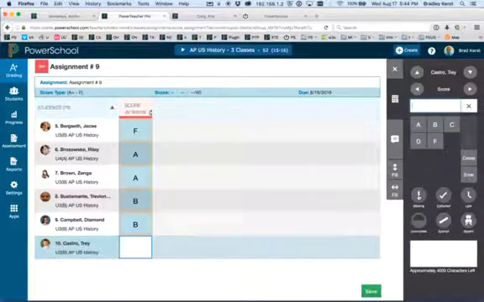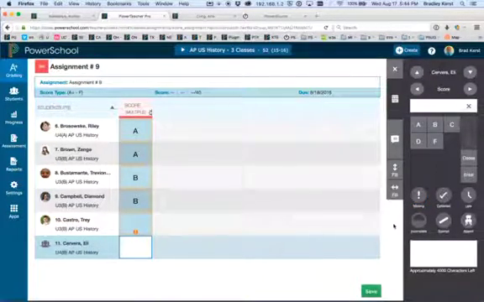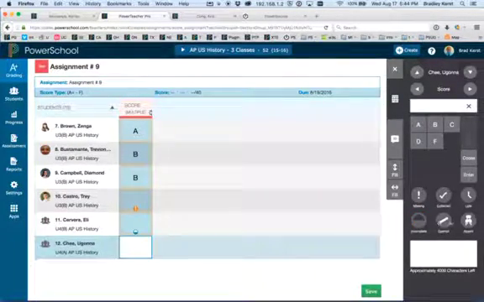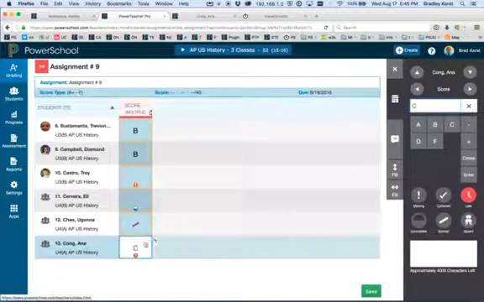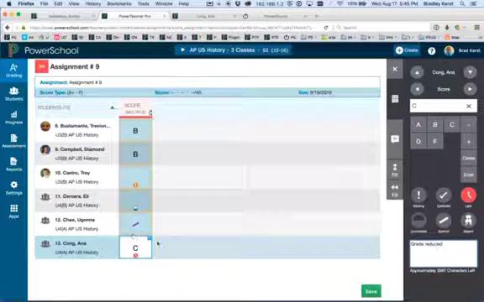Now we do also have the flag saying that this assignment is missing, and I want to move down and say that this one is incomplete, and we also have a student that is exempt from this test. So I can use these flags to let parents know what's going on with these assignments. So this one was handed in late and it is a C. I can even add in a comment saying the grade was reduced, so that parents understand. That comment flag will appear for parents as well,